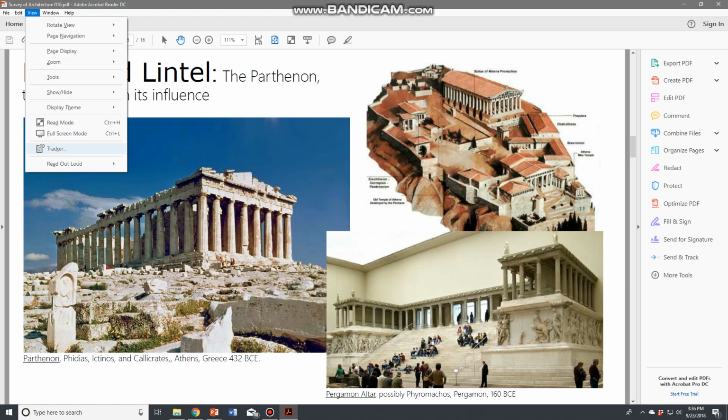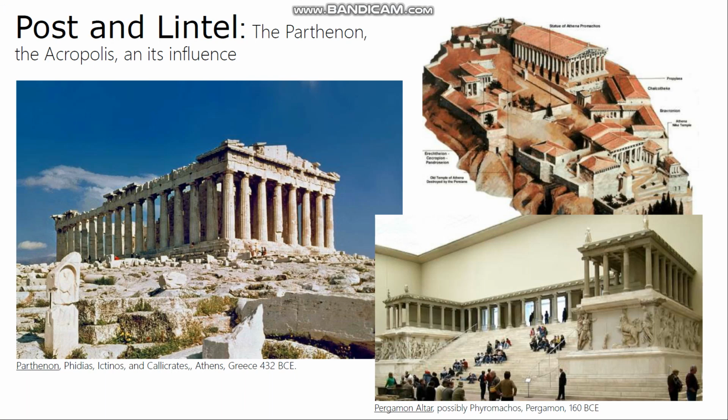Okay, welcome back. So when we last left off talking about architecture, I was talking about post and lintel architecture, and I was kind of rhapsodic about the Parthenon. Remember that if you want to refresh, in the discussion about Greek art and architecture in the previous unit, there is a lot to talk about the development of Doric and Ionic architecture leading up to the Parthenon,